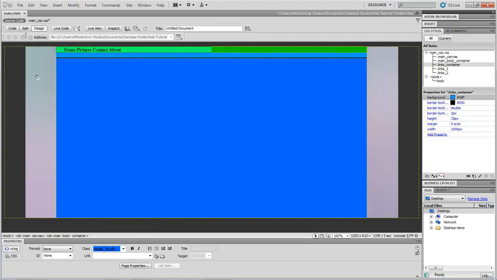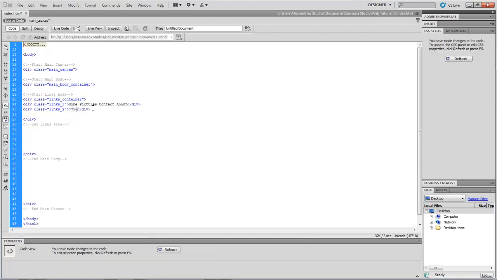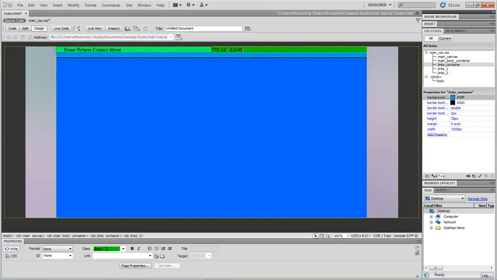So now we want to move on to our main body. So we look at our code. This is our other one, and you can put other stuff here, like say you want to put some numbers. And the same thing goes for this one. Say you want to adjust this differently. So we go to our links 2. You want to make this like your contact, your address and stuff. You could actually just add the margin in this one. Margin left